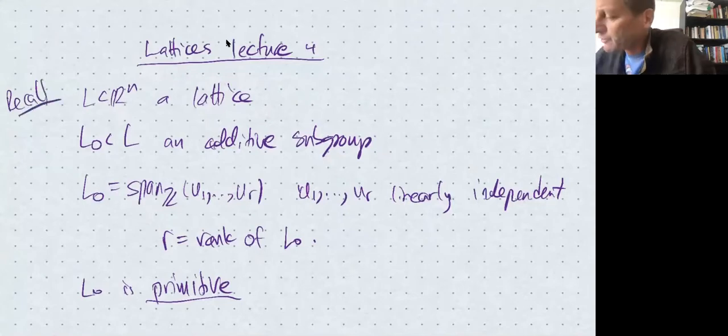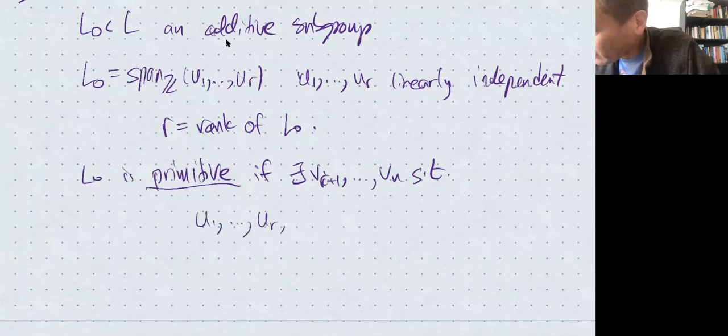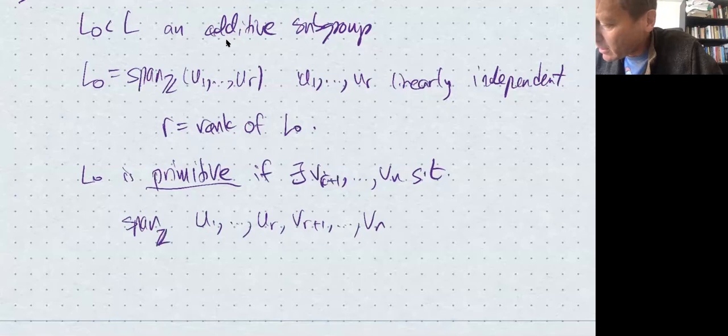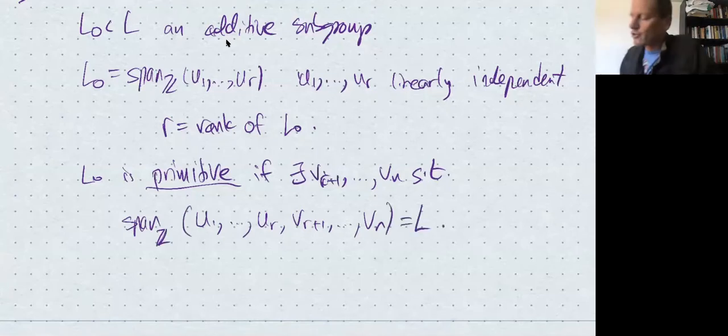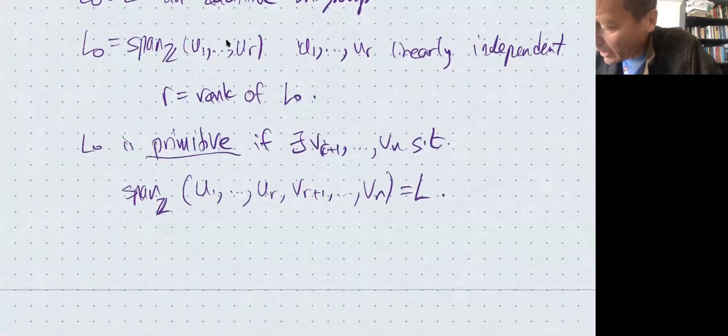L0 is called primitive if there exist u_{r+1} up to u_n such that u_1 up to u_r, u_{r+1} up to u_n is a basis of L. So you can complete the generators of L0 to a basis of L, and we proved in lecture 1 that